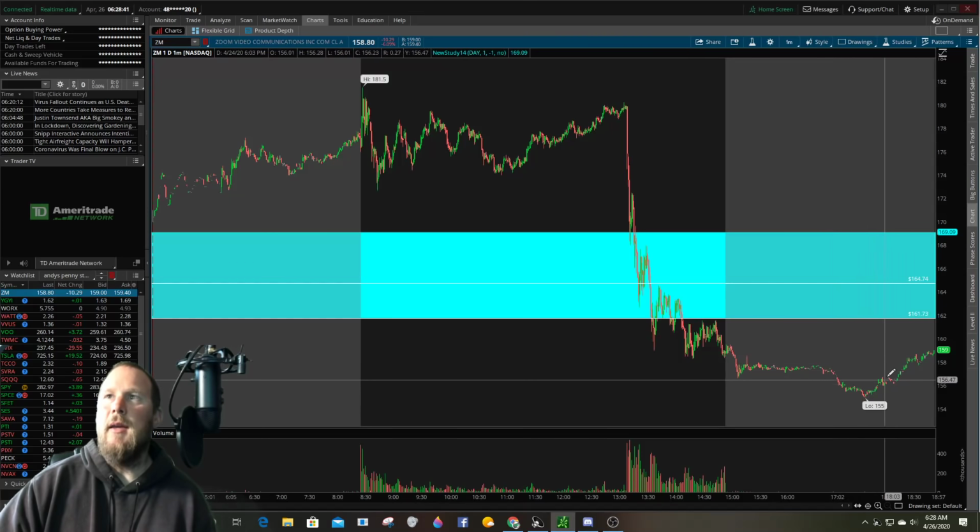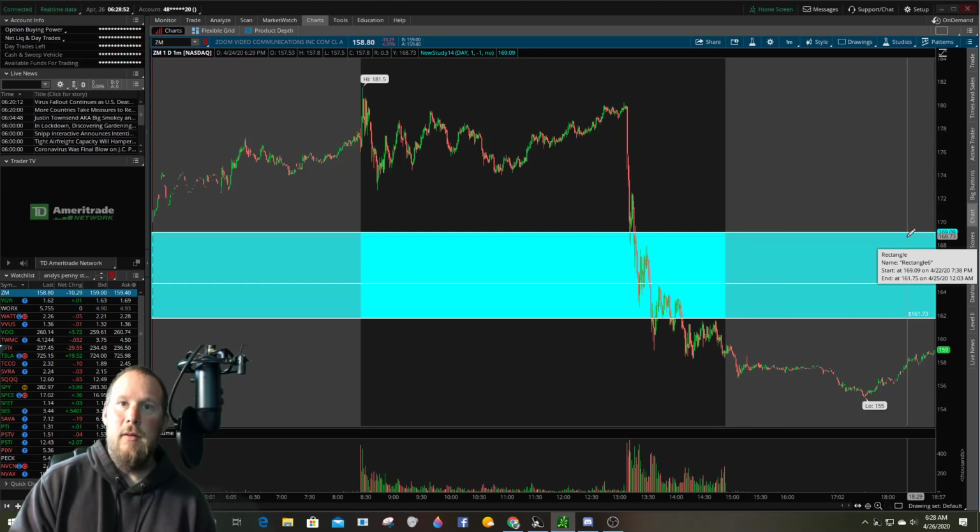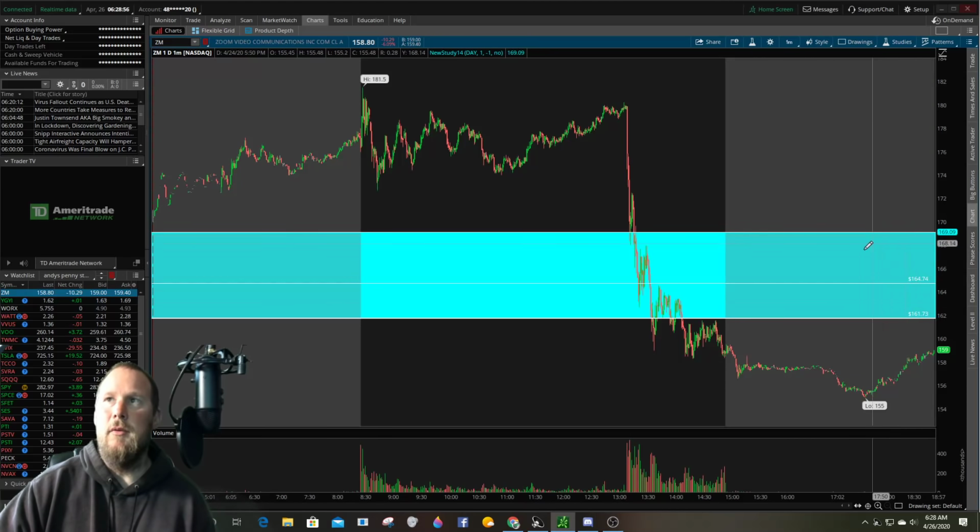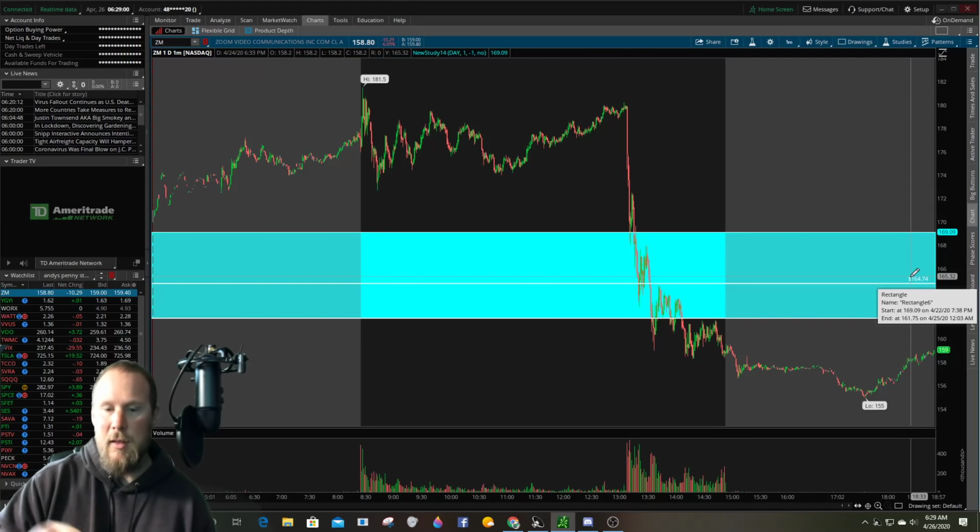But if this stock can get up to this 169.09 level, anywhere in here, and it turns this level into a resistance, I'm not going to short it before it. I actually want to see that this level is going to be resistance in this blue area. I'm going to take a short on this position, and then